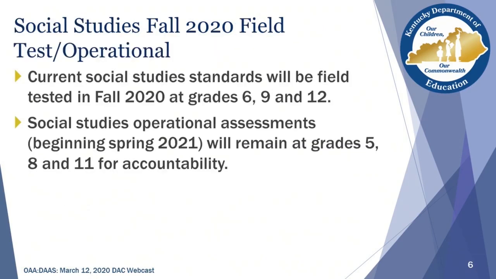So in preparation for that operational assessment in spring 2021, the current social studies standards will be field tested this fall, sometime in the late August, early September timeframe. We are working currently with Pearson to develop the items within the social studies to be prepared for that online field test. And we feel that the last full week of August, running into the first week of September, will be the time frame that we're looking at for that